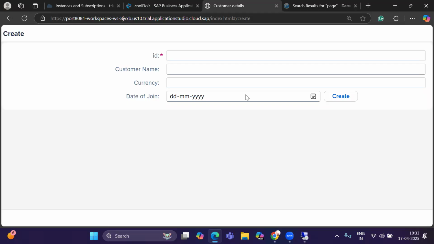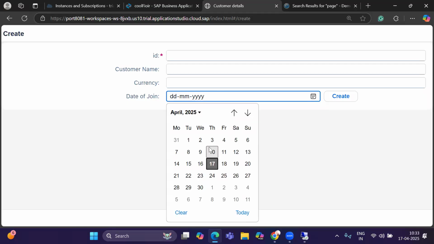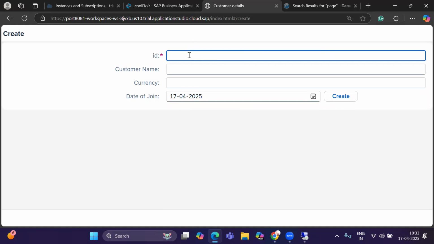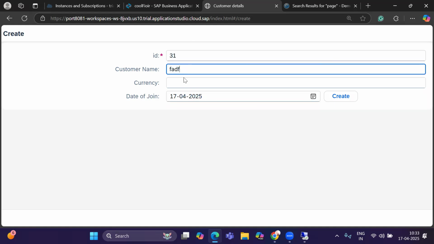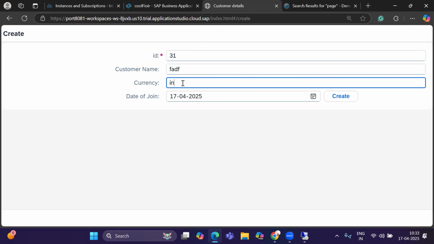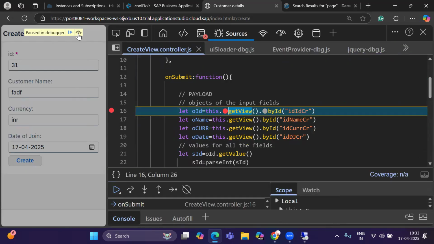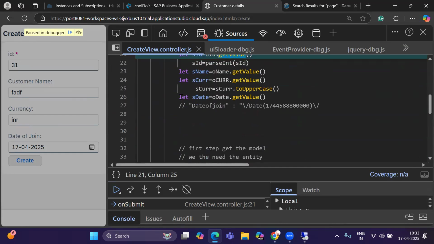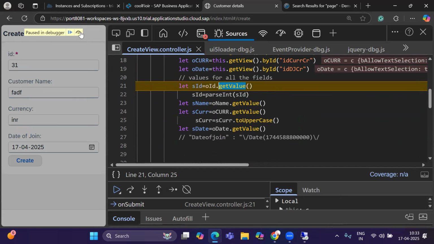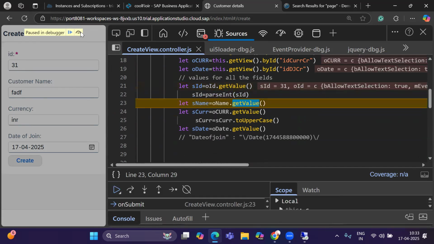So let me just pop the date over here, and the date is 17, and this is 31. Some name and currency, lowercase INR. Just go to inspect and hit create. Come very quickly. I don't need these fields. Okay, this one. So it's getting me the